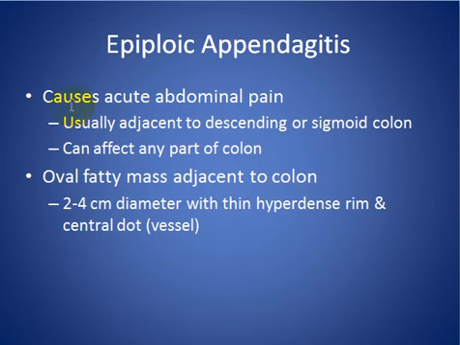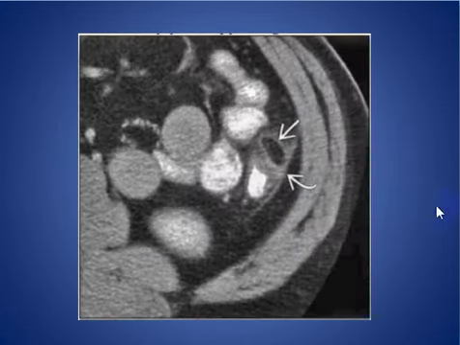Epiploic appendagitis causes acute abdominal pain and is usually adjacent to the descending or sigmoid colon. It can also affect any part of the colon and is present on CT scan as an oval-shaped fatty mass adjacent to the colon, measuring about 2 to 4 centimeters in diameter with a thin hyperdense rim and a central dot of a thrombosed vessel. As we see here in the axial CT scan adjacent to the descending colon,